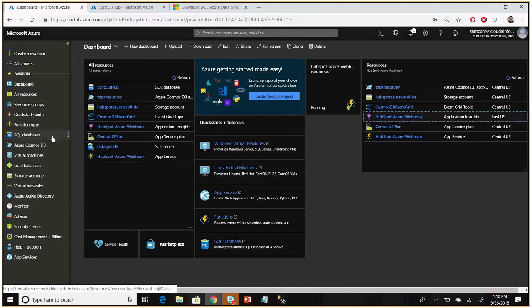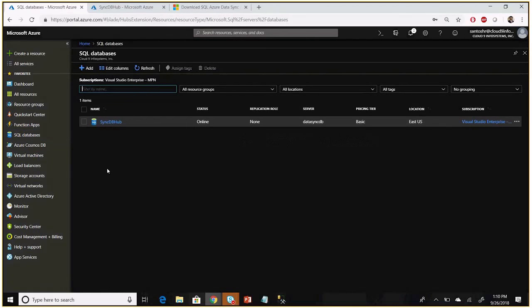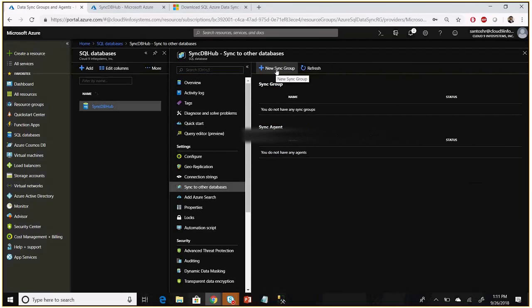So first we need to log in to our Azure portal. Once we log in, we need to select our SQL databases. I already have a SQL database in my portal. Once we click on the SQL database, there is an option down here to select sync to other databases. Once we select that, here we need to define the sync